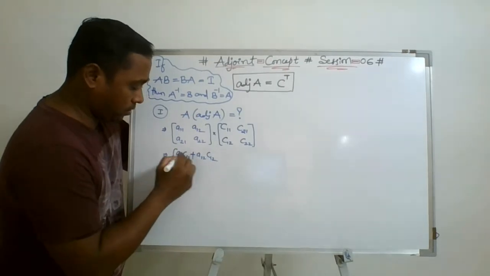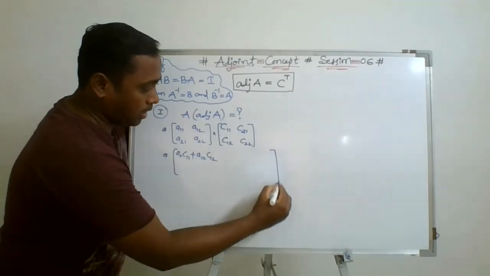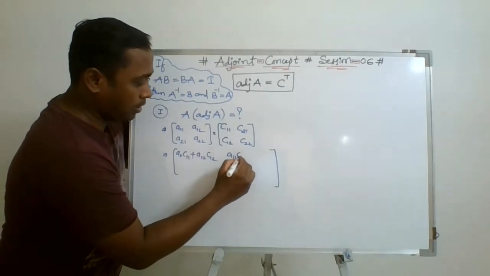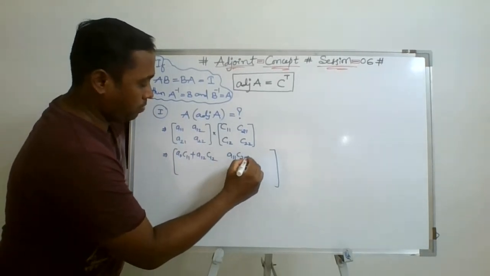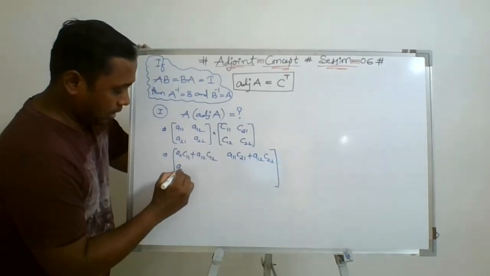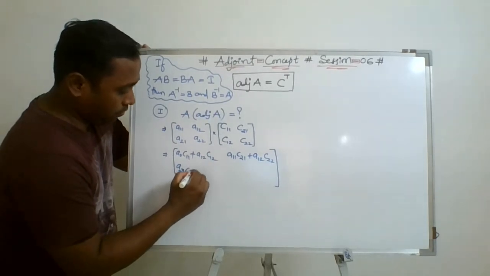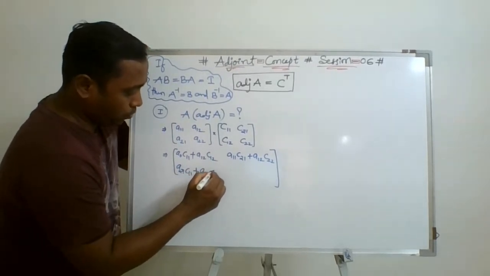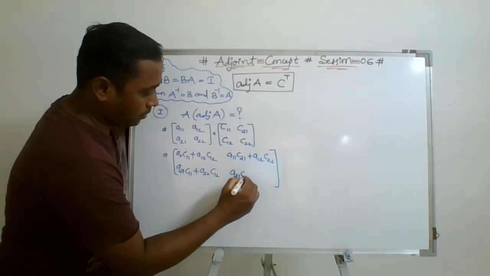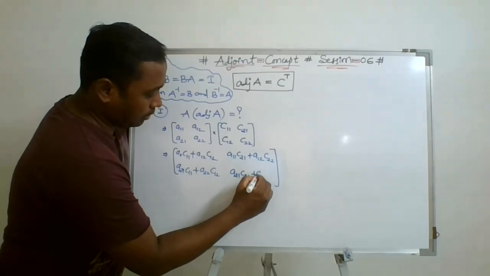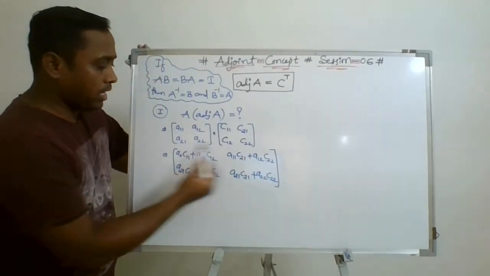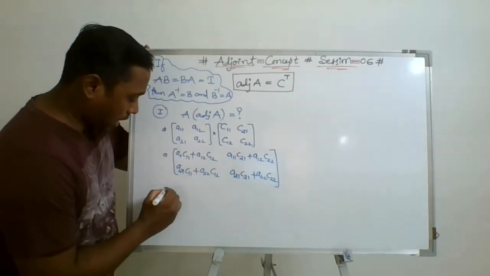This is the first and the second element I am writing. First row, second column. This would be A11 C21 plus A12 C22. Similarly, A21 C11 plus A22 C12. Then A21 C21 plus A22 C22. So when I multiply this, I come to know that